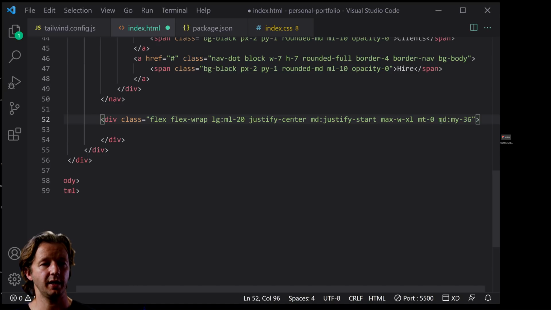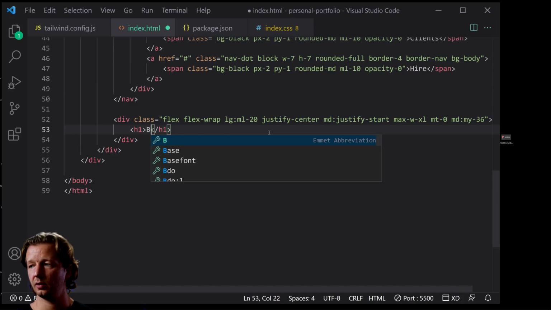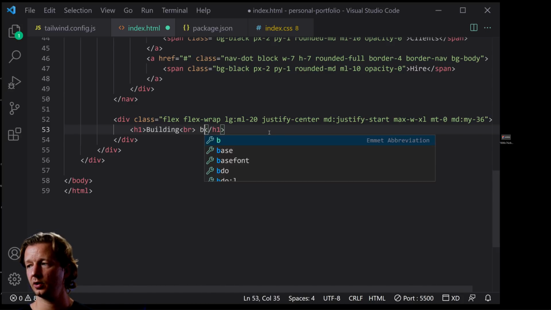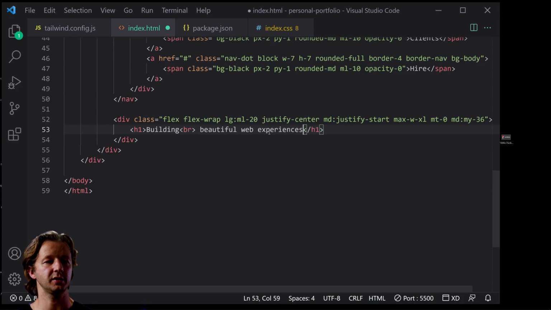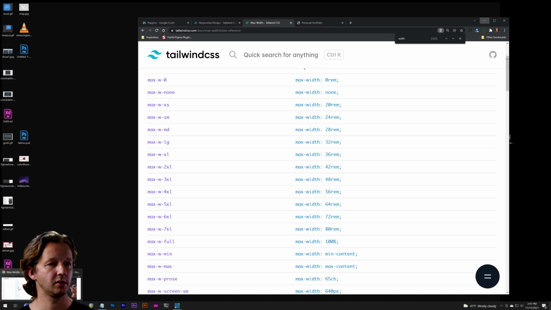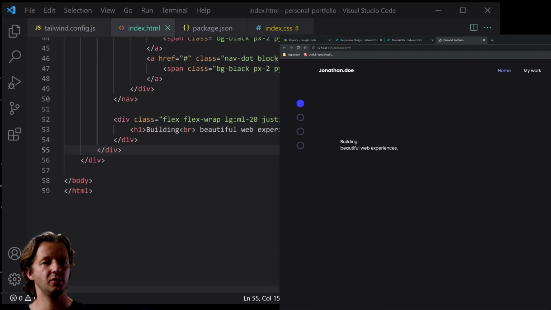All right, so that's a fair amount of white space right here. After that, we're going to have our H1 element, which is our headline, and we're going to put in "Building". We're going to use just a manual line break right there. "Beautiful web experiences." All right, so let's save this and see what's happening so far to this point. And we'll come back here. There we go. Very small, as we can see,